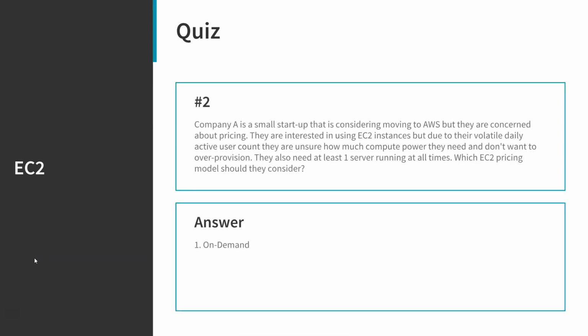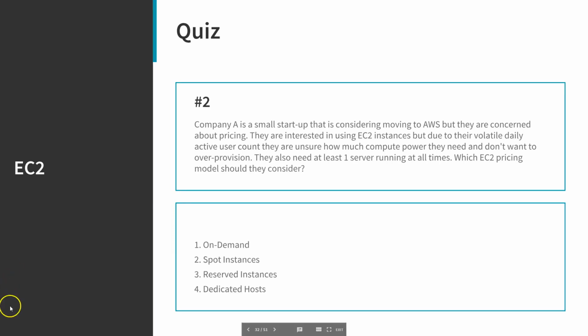And if you chose number 1, on demand, then you were correct. Let's go over those answers and find out why. Recall that spot instances are instances that you can bid for, so you're not always guaranteed to have a server running at all times. Reserved instances, you're definitely guaranteed to have a server up and running, but you're reserving instances for higher prices initially. Now, it does pan out over the long run because while you pay a lump sum, you are going to pay less overall, say a year from now, than you would have had you used on-demand